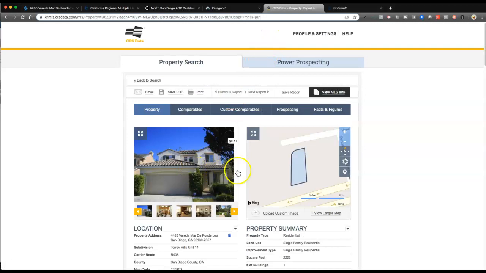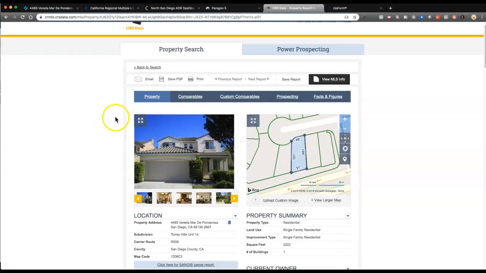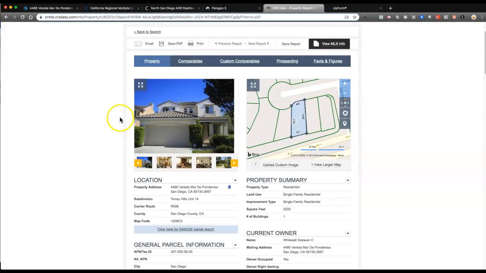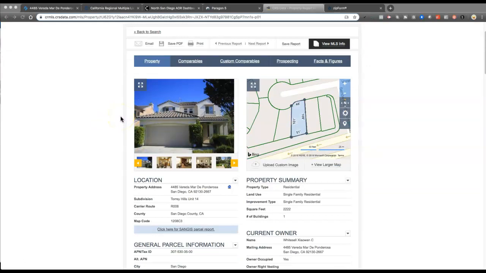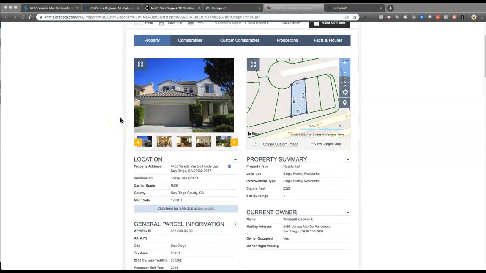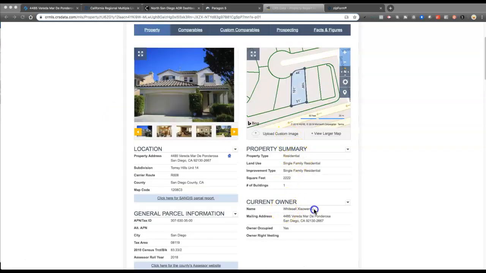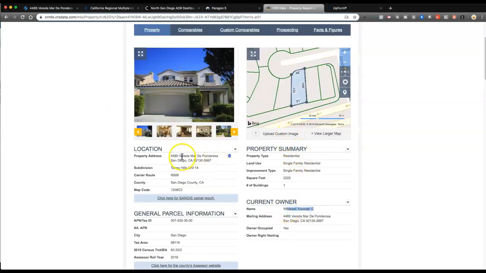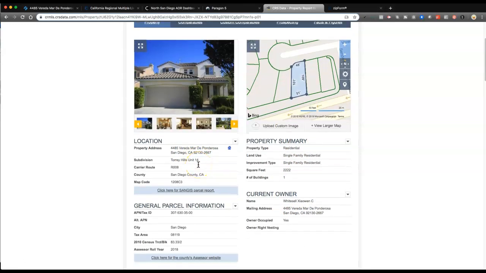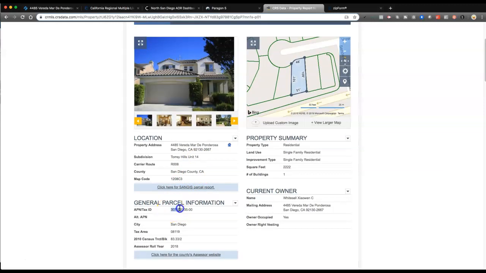Now it's doing a quick search, and here we go. So this is the CRS data, which has all the information about the property that we'll need. Okay, here we go. So we got the seller's name right here. We got the property address. We also have the APN and tax number. And these are all the things that we're going to need to fill out all the